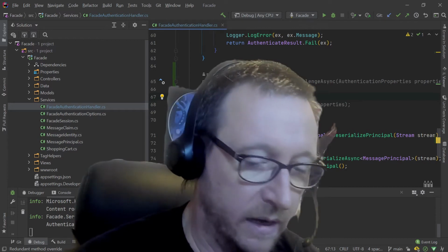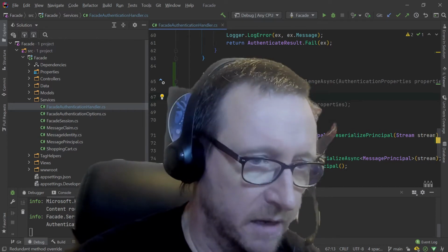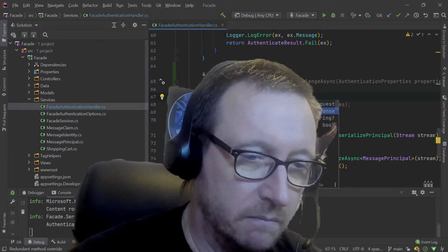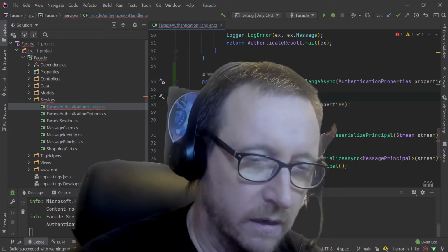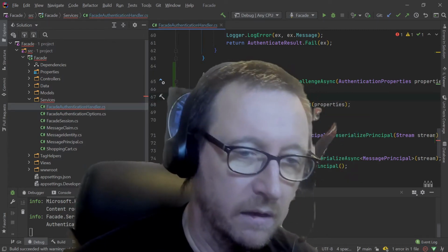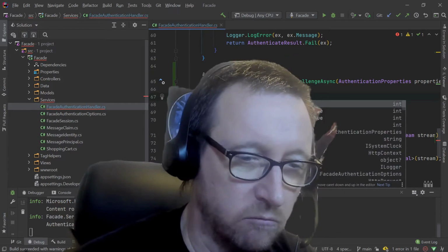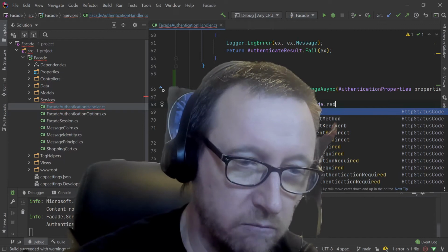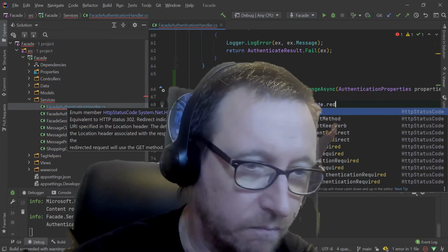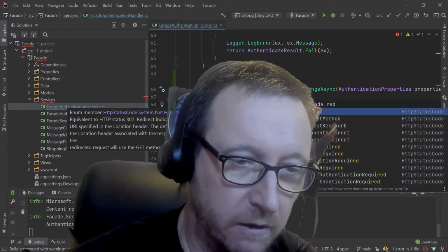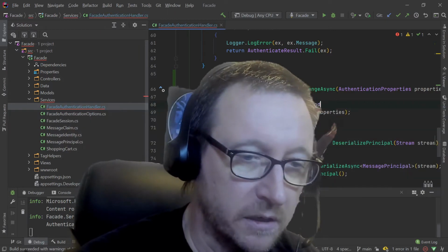So we can say response dot status code, and we want to do a redirect, HttpStatusCode dot Redirect. I think probably a 302 there. It's definitely not a permanent redirect, and I don't know what temporary redirect is. So we're just going to say 302